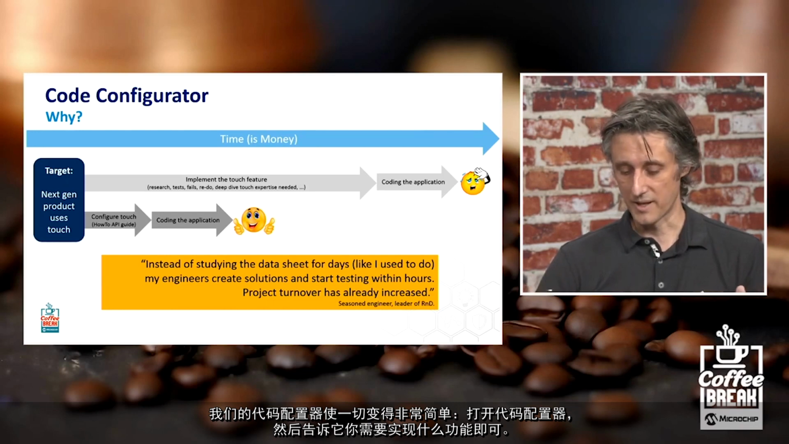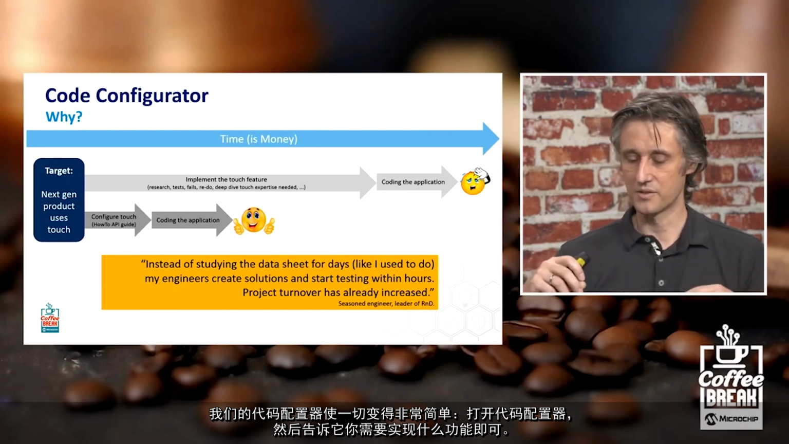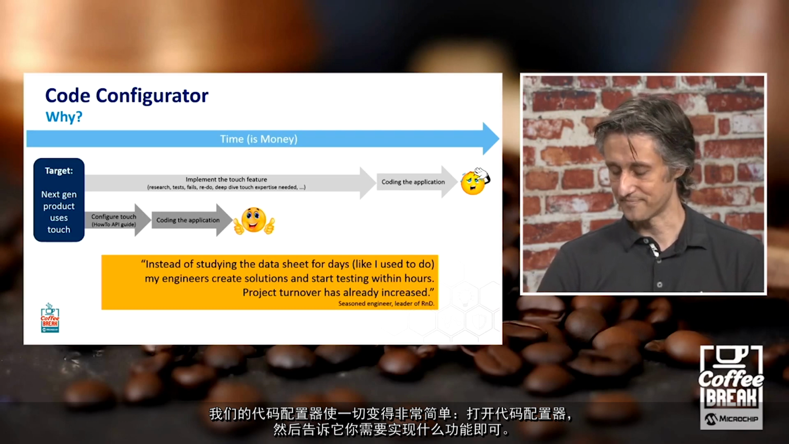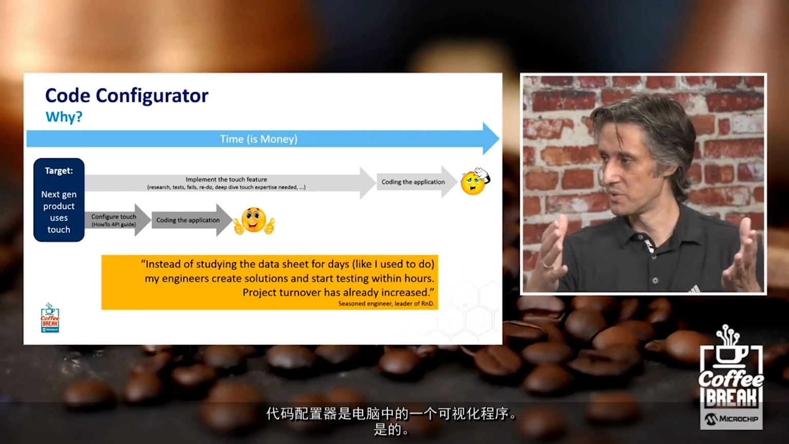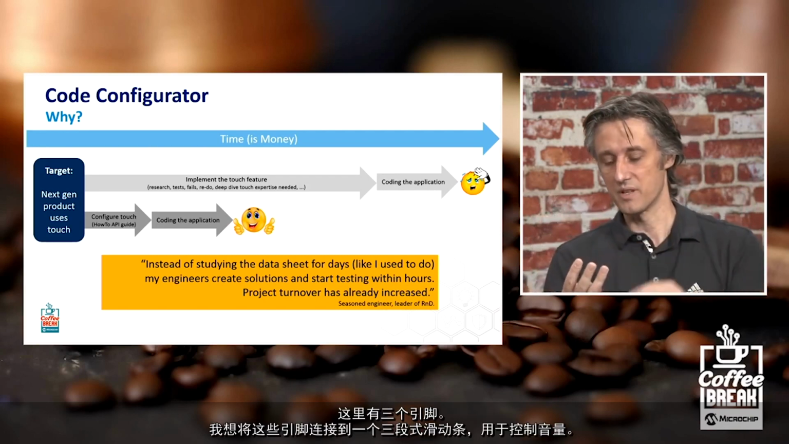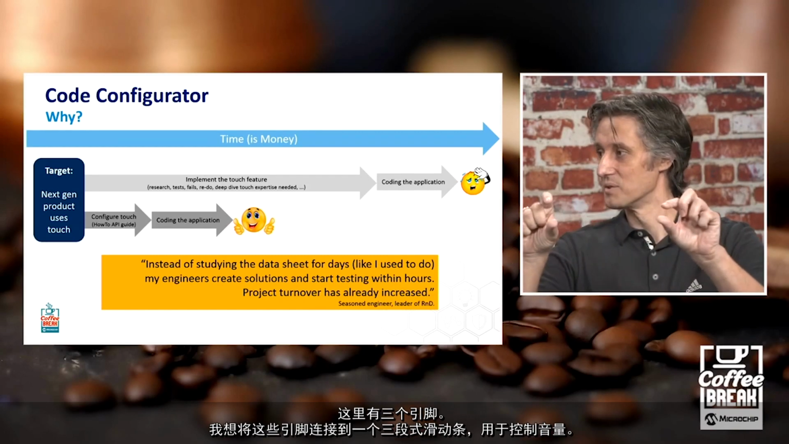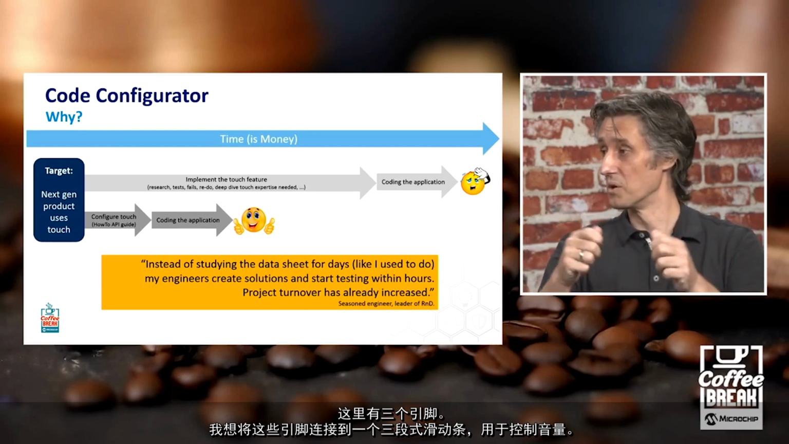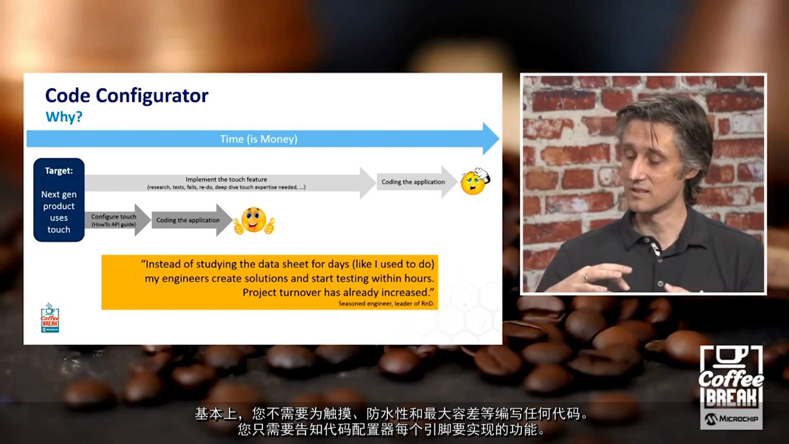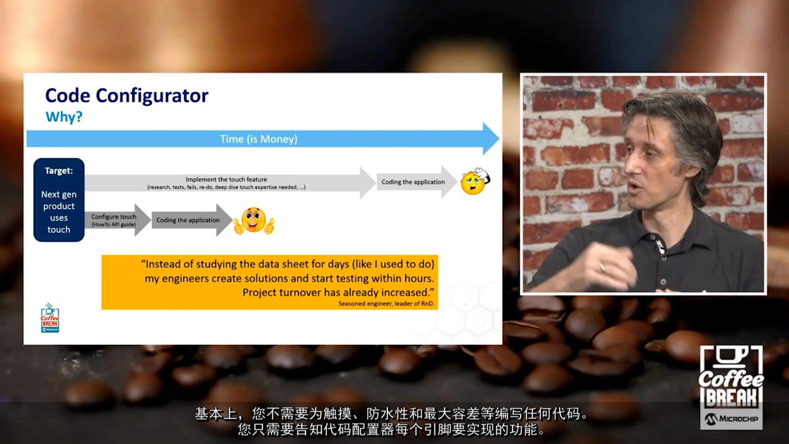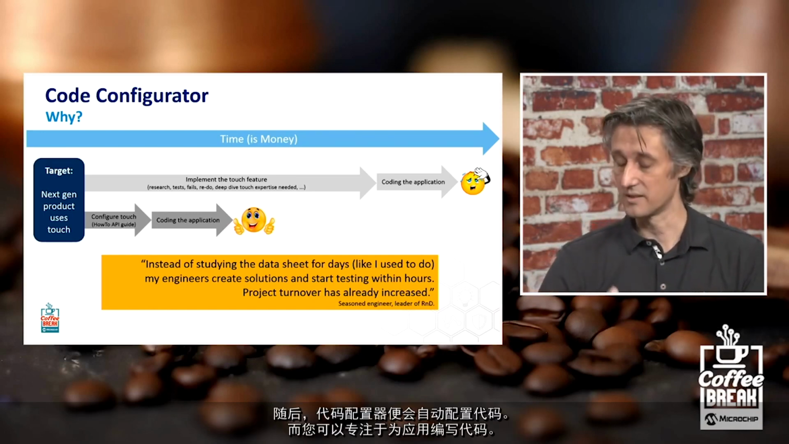We have code configurators, and here's the philosophy. You go to the code configurator, we have some examples later, which is a visual GUI on your PC, and you tell it: I have these 3 pins. I want to connect a 3-segment slider to those pins, and that slider shall be called volume. And you don't code touch, water tolerance, noise tolerance. You just tell the code configurator what you want to do on which pins. And then the code configurator does the magic for you, configures your code, and then you can focus on what you actually wanted to do,